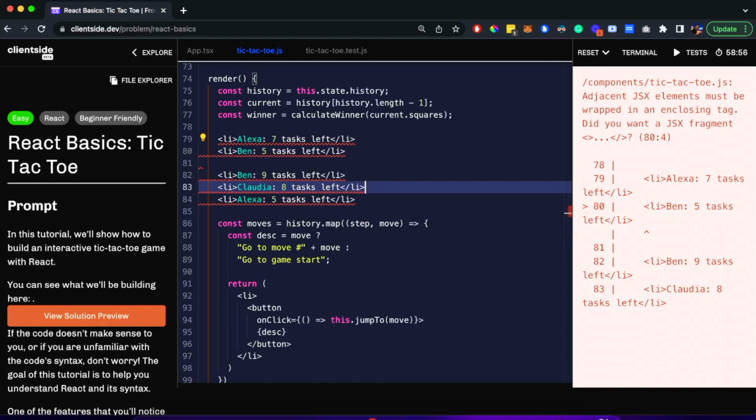So in addition to the updated counts, a human reading this would probably say that we swapped Alexa and Ben's ordering and inserted Claudia between Alexa and Ben, right? But React, on the other hand, as a computer program, does not know what we intended. Because React cannot know our intentions, we need to specify a key property for each list item to differentiate them